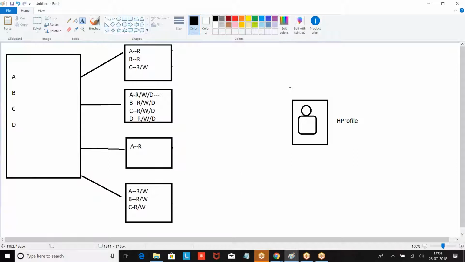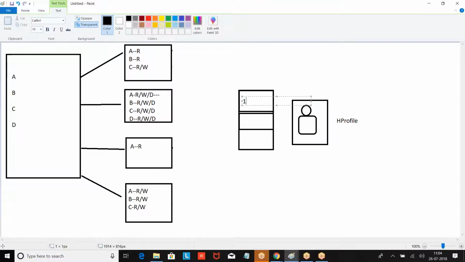Generally, one profile, one page layout. That is common for everyone. Because he is a husband profile, he has extra access. Look at this. He can have multiple views of the same object.